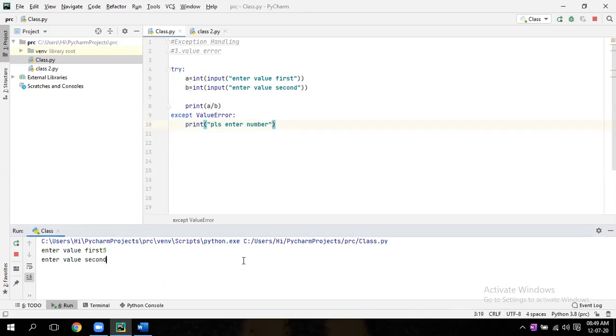Now here give B an alphabet. Now again run. Give 5, then 0.